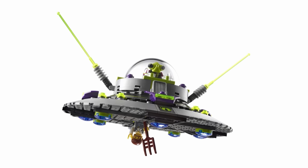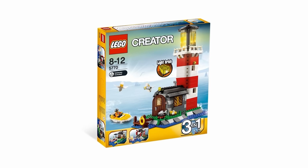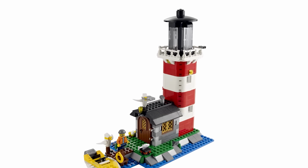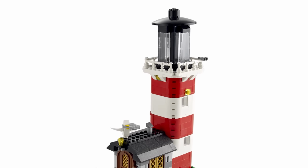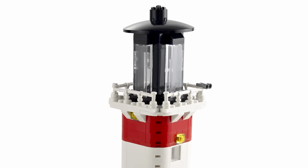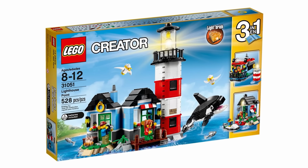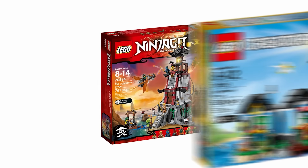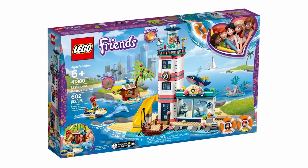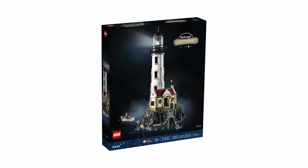This same year also saw the release of Whitecap Bay from the Pirates of the Caribbean line, as well as the first of LEGO's many lighthouses, Lighthouse Island. I can't lie, a lighthouse really does seem like the perfect fit for a light brick, and LEGO absolutely agrees because the company has released a handful of lighthouse sets over the years. Aside from this first offering, we've got the 528-piece Lighthouse Point, released in 2016, the Ninjago Lighthouse Siege, released in 2016, the LEGO Friends Lighthouse Rescue Center in 2019, and the biggest of them all, the Motorized Lighthouse in 2022,